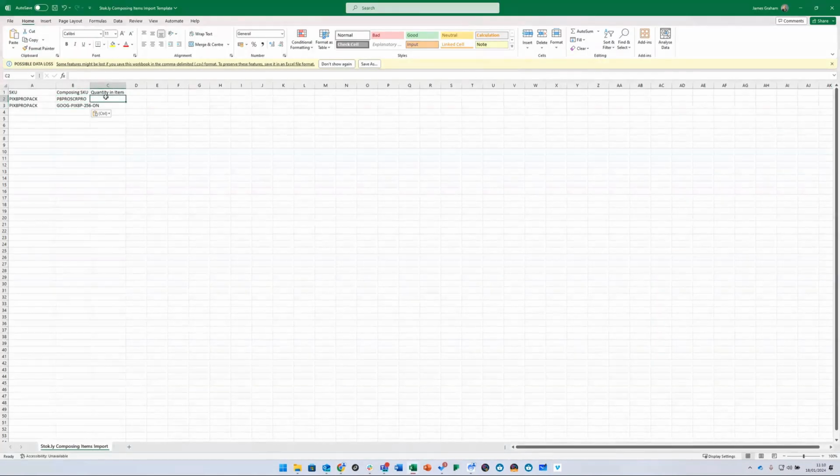Now, how many goes into this bundle? So you've got the quantity and item column. And for this particular bundle, it is one item of each that goes into the bundle. Now, this could be different for you. You can put however many that are required to go into your bundle or composite. Once you've got that done, click Save, and then you go back into Stok.ly,